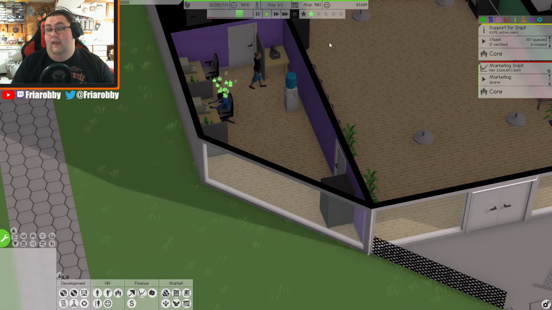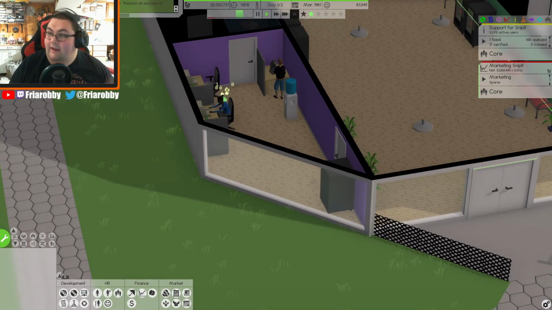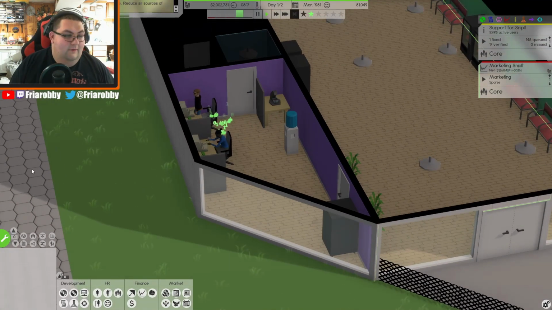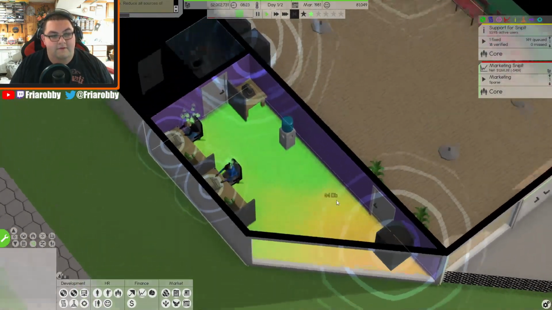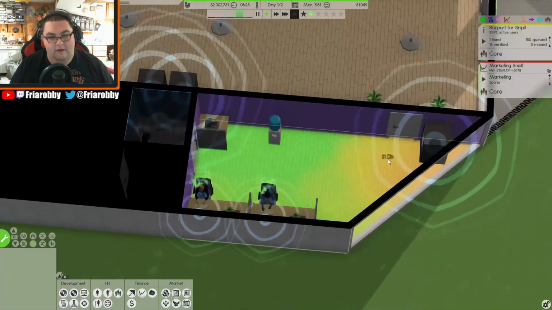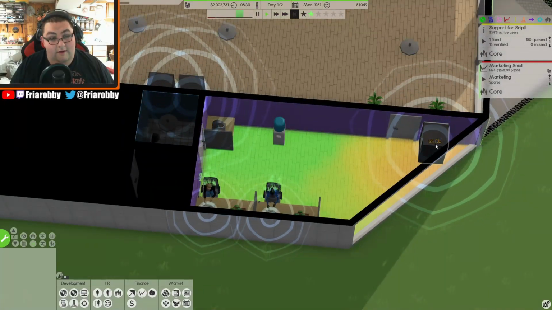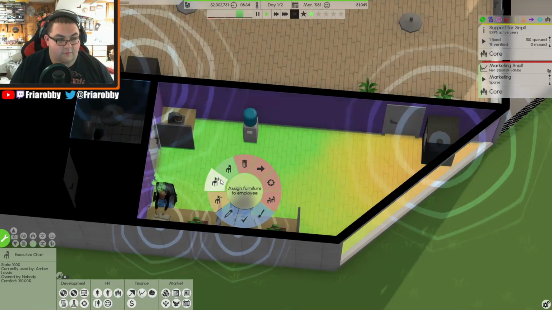And so the disaster, see, look at this. They're already complaining about noise. What is going on? We'll look at this a little bit later. I'll tell you about the disaster team here in a second. But as you can see here, everything generates noise. No duh. But if you look here, this vending machine is actually causing quite a bit of noise. So what I'm going to do is we can actually assign,